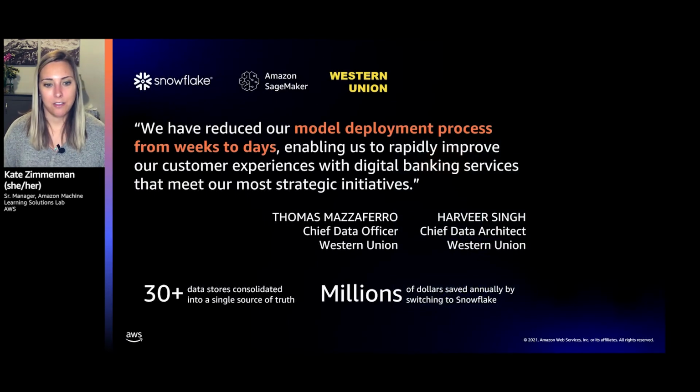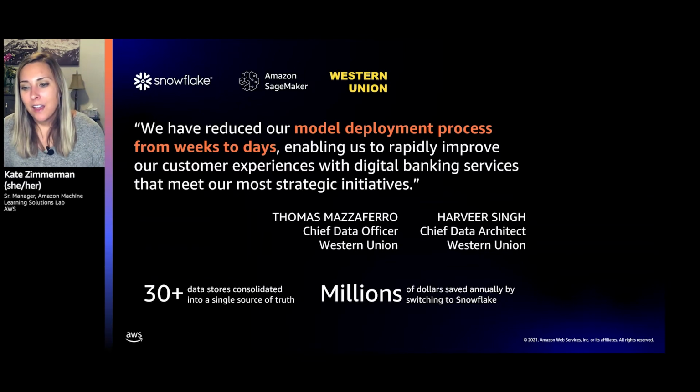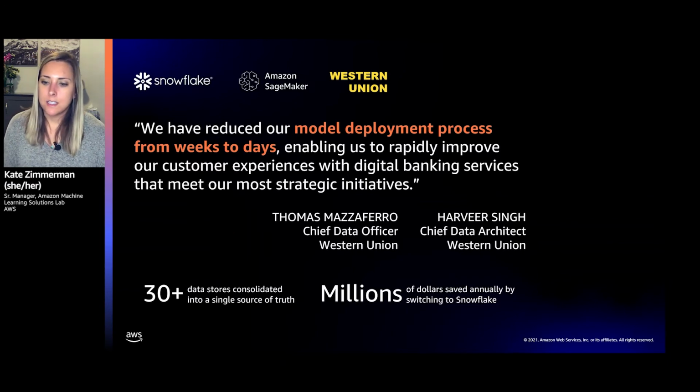Another example that I want to give was with Western Union. Here they were trying to use SageMaker Autopilot to personalize experiences across digital channels, which is critical to Western Union's digital banking strategy. To power these experiences, they needed to develop machine learning models. And building models, again, requires the right machine learning expertise. It takes a long time to prepare, test, and optimize all of your parameters in order to find the best fit for your data. What they found was that this was just taking too long. It was delaying the time to market for certain data products.